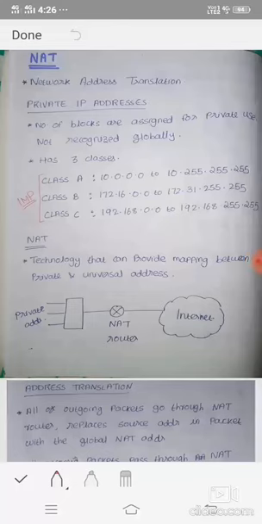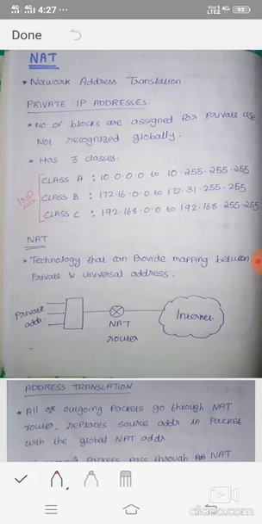So through this video, we are going to discuss NAT. What is NAT? NAT is Network Address Translation, which is used for translating the private address into the global address or the public address. So what is the need for this translation from the private address to the public address? Today we are going to look at NAT and what the need for NAT is.